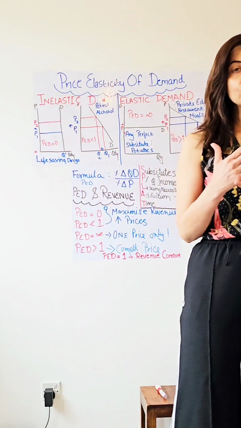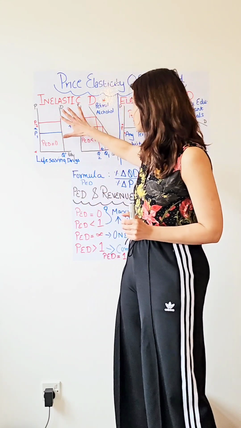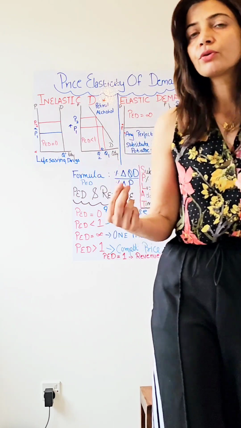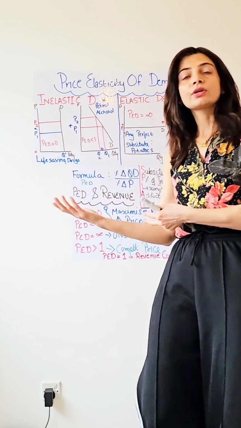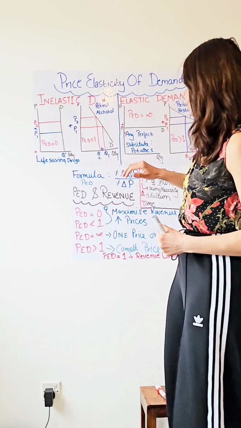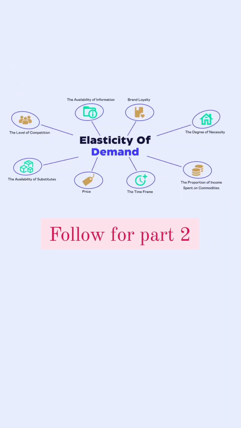So that was all about the diagrams. Remember to clearly and completely label your diagrams anytime you're showing any changes in terms of price or in terms of quantity that is being demanded. Make sure you are clearly showing that how that leads to contraction, or in some cases you might also want to show expansion. Now, moving on to the formula, you might in the examination get some questions to calculate the